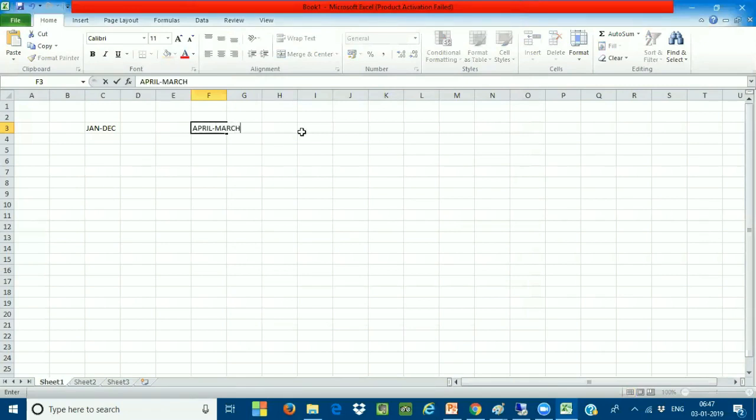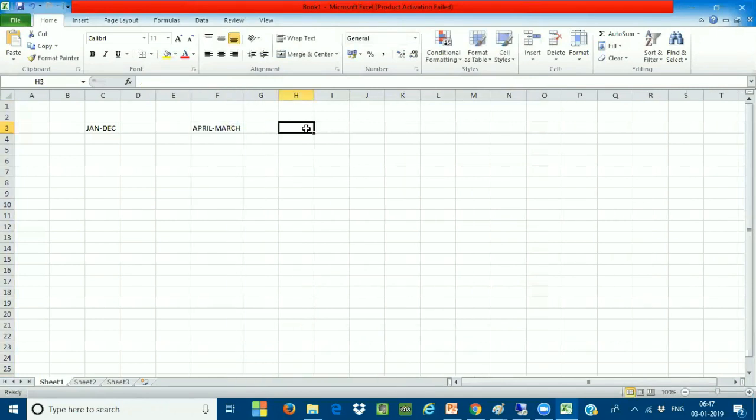According to my fiscal year from January to December, my opening and closing of the periods is from January 1st. That is from the first period, January, February, March, April, May, June, July, August, September, October, November, December. This is what exactly I'm going to be using.